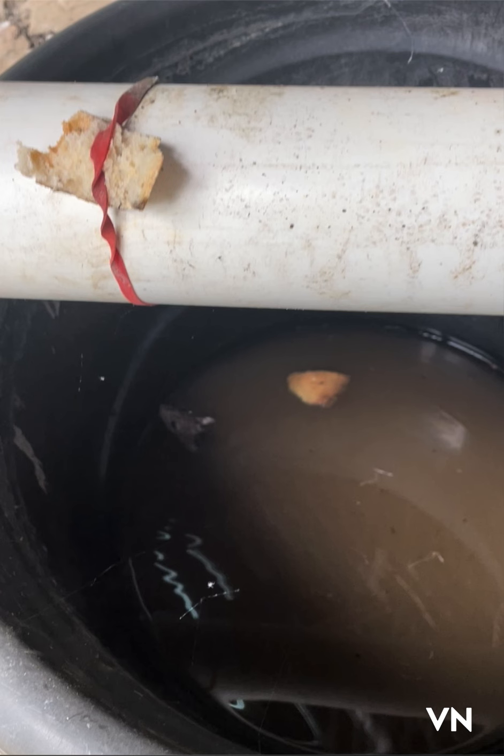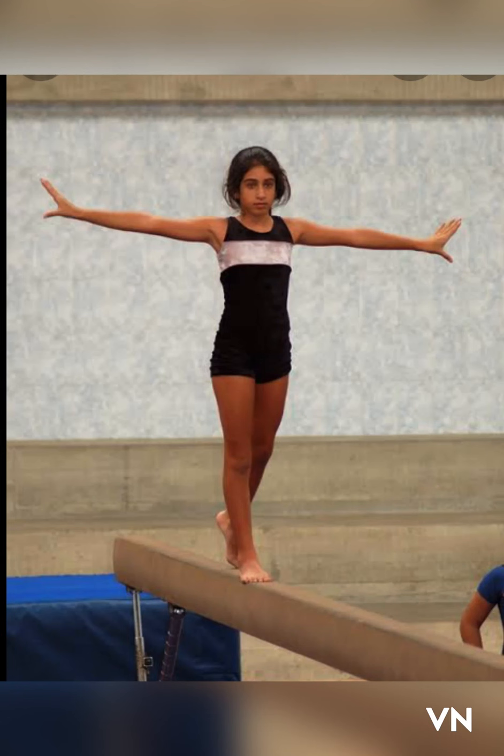and I came up with a piece of pipe and a large bucket. If I put the pipe across the top of the bucket, it will be like a balance beam, so a little girl will have no problem standing on top of it. So the mouse also will have no problem crossing the pipe without falling off, given its really low gravity, basically just crawling on top of the pipe,